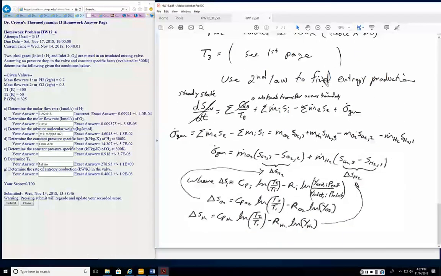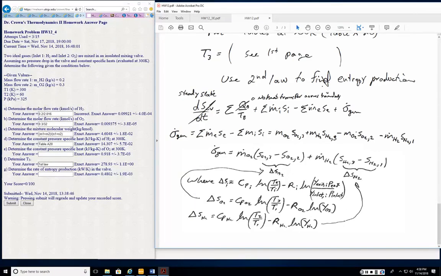All right, then the second law to find entropy reduction. I read out the second law. The problem is assumed to be steady state. There's no heat transfer, so I'm left with summation m dot iSi minus summation m dot eSe equals the rate of entropy production. So I'm going to solve for rate of entropy production, and I get at the exit the